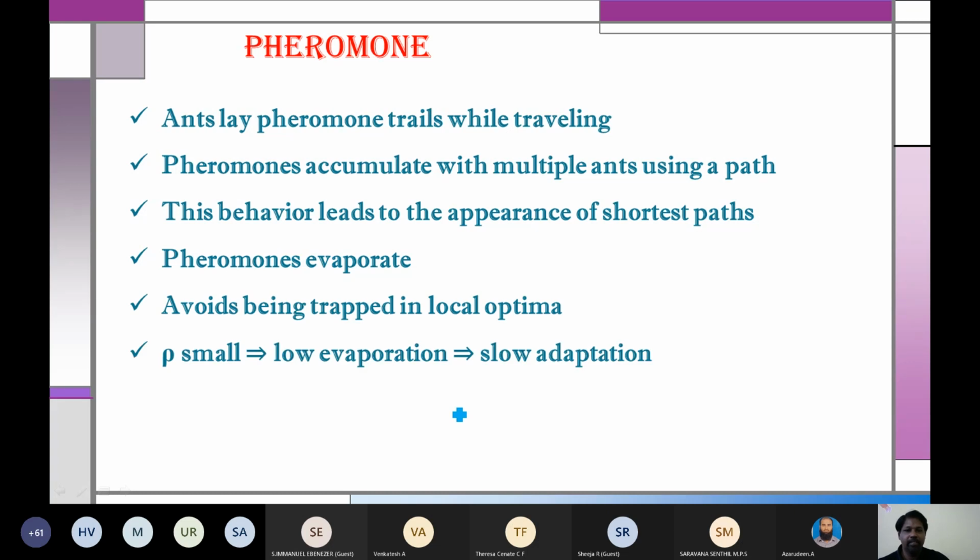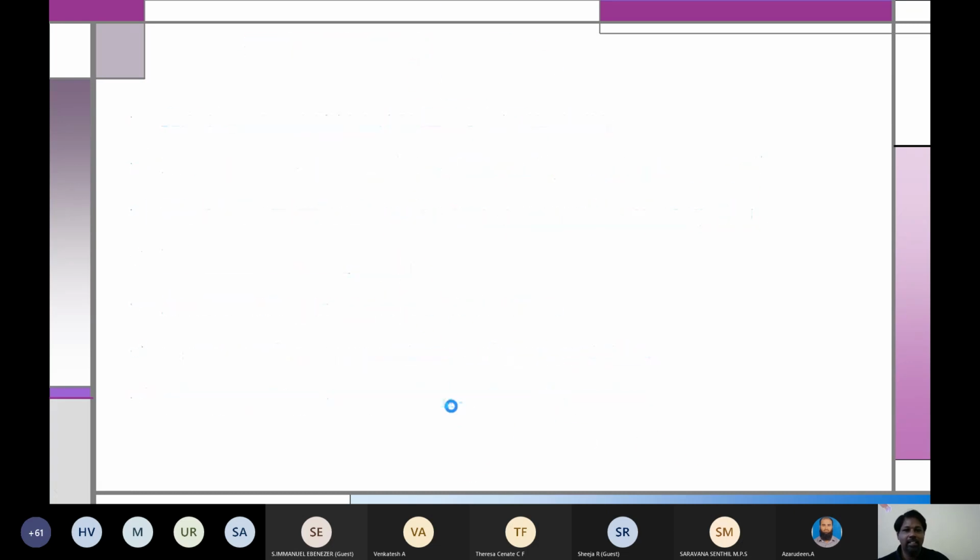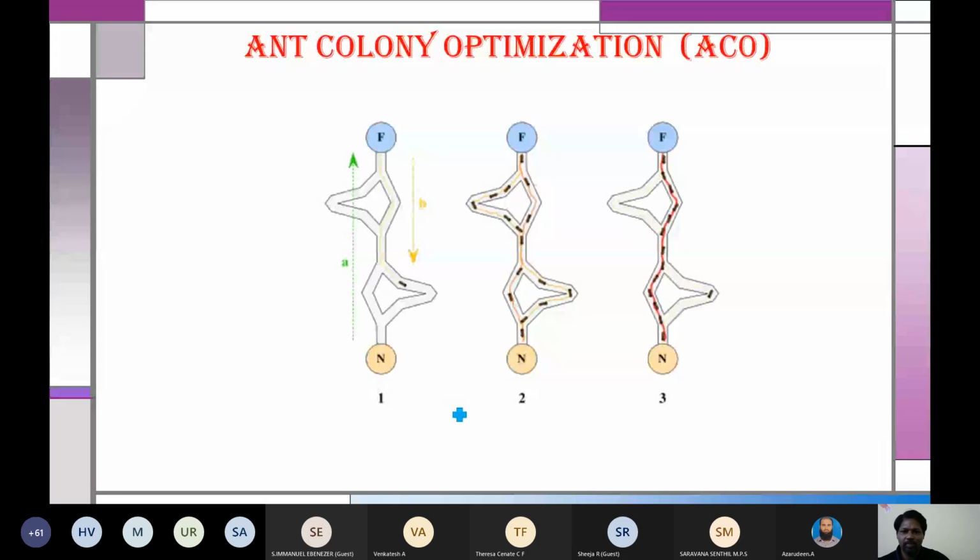Okay, right. So this is just explaining. Now let's come to the three things. We have diagrams. You can see two paths, one is long and one is short, but finally it will find the shortest path. I think they had three paths, right? In two paths, but finally they'll understand. This is what ants will do. They'll find the shortest.